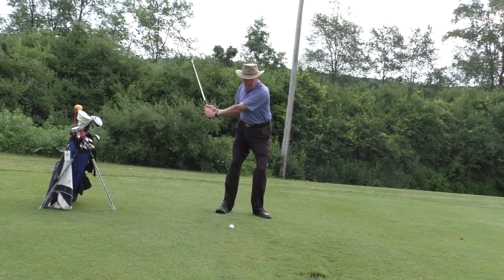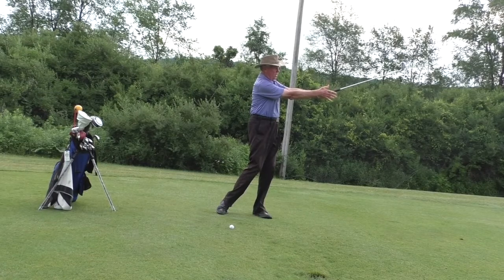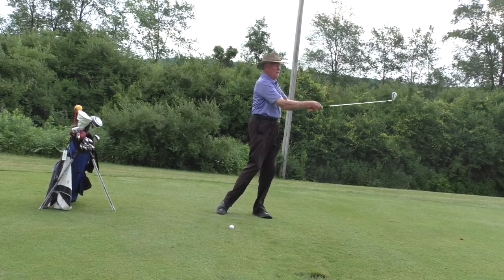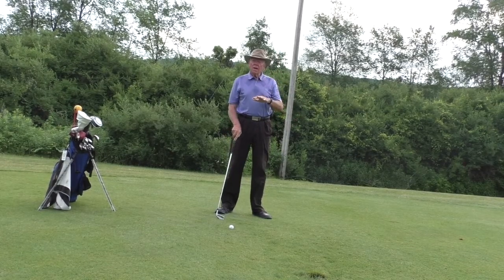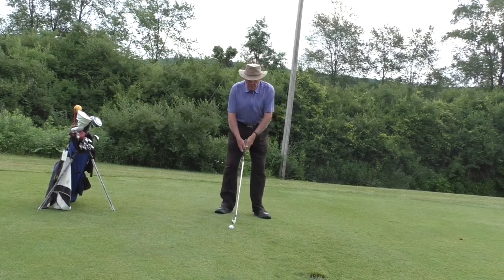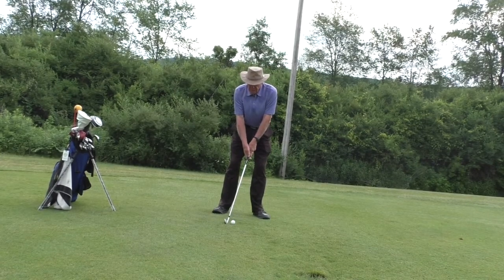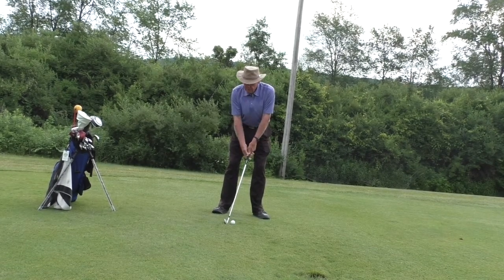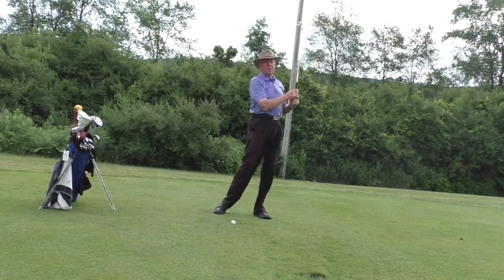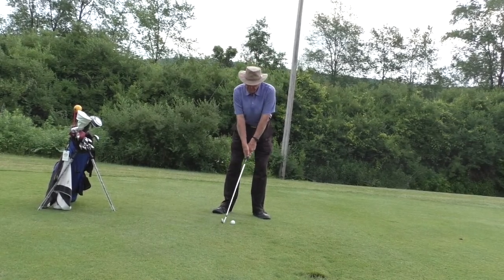So you can see once I get to here, I'm letting the weight shift and the arms swing out. I'm going to finish with this V that I create with my left and right arm, and the club's out in front of me. If you can't do that, don't progress, don't go to a fuller swing. Once you can do that, now you can start going to a slightly fuller swing, not a full swing yet, but now you're going to go up a little bit higher and swing a little bit higher. Eventually you can go into a full swing,